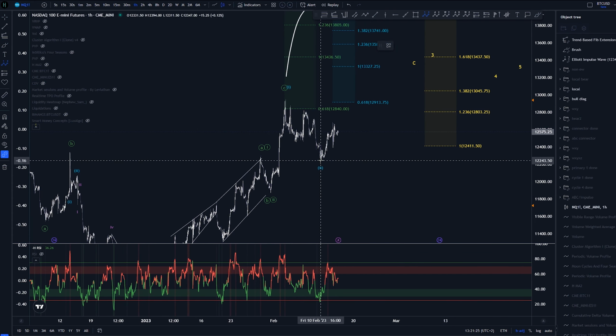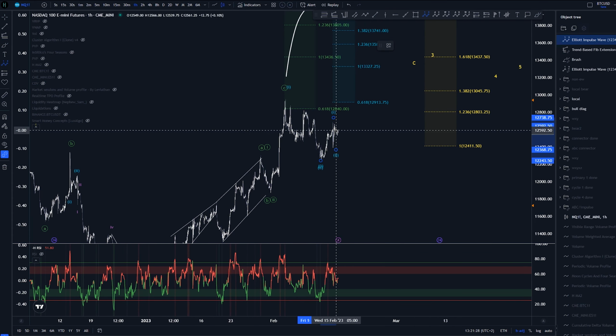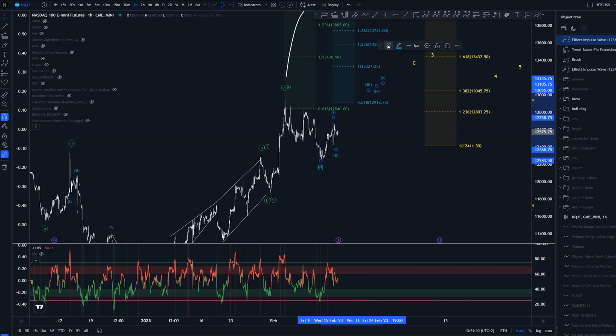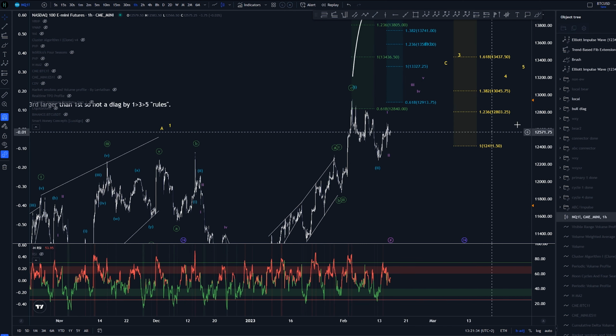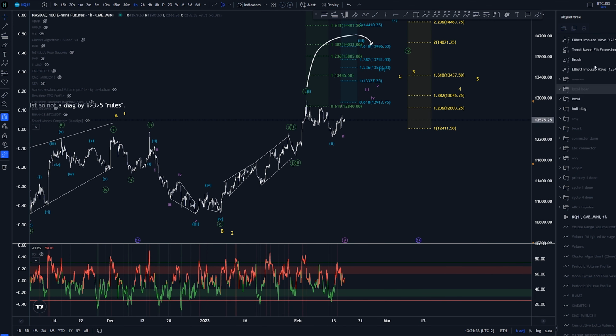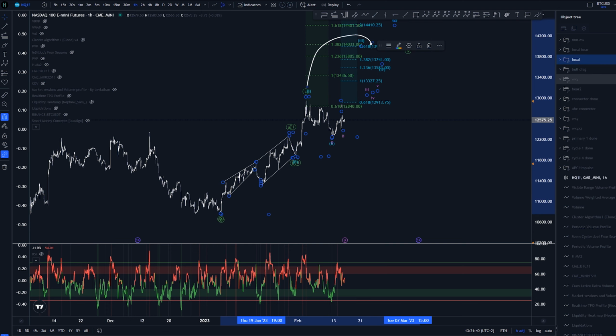and this would be another 1-2 here. Either it is complete or not, we don't know yet, but this is one chance of that happening. That is the more bullish count locally. Let's check out the more bearish count overall,